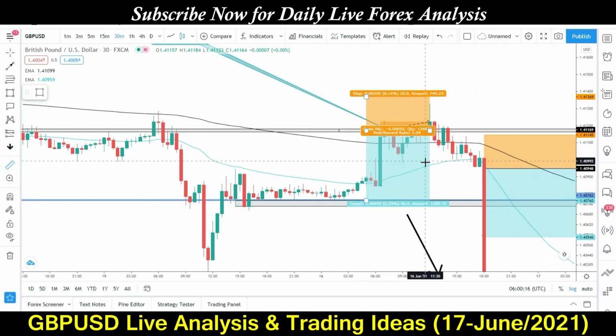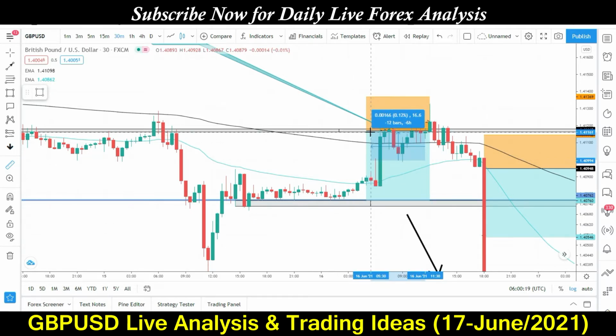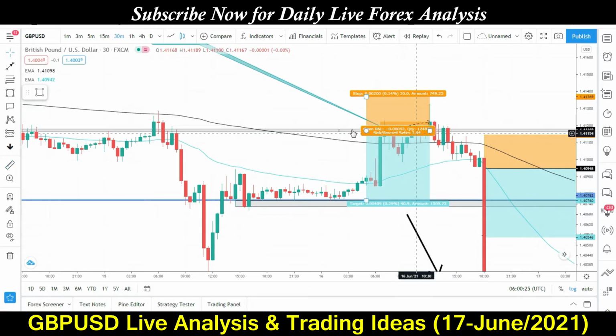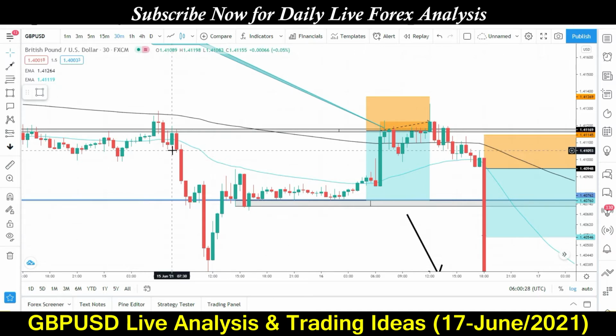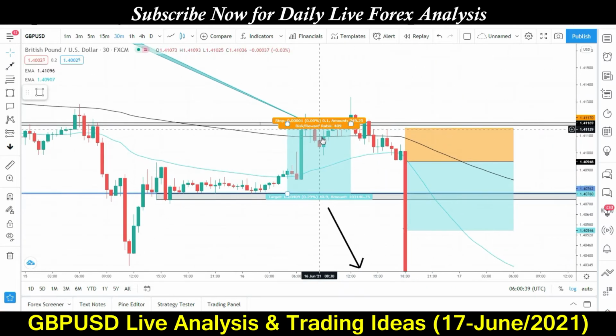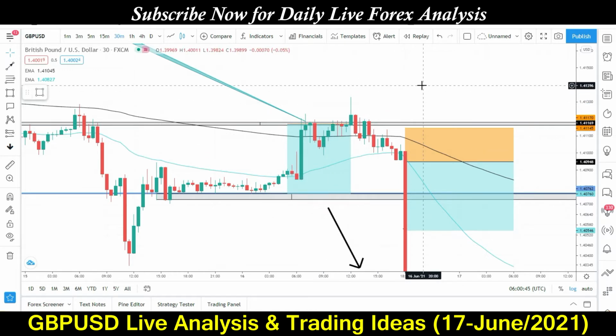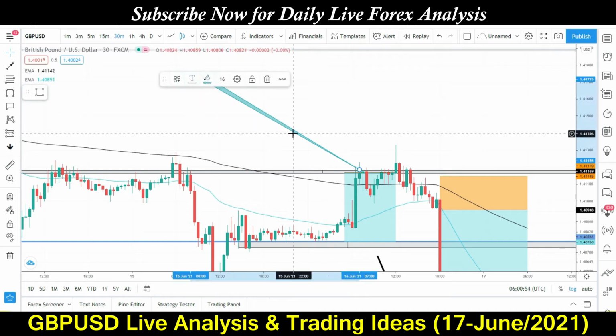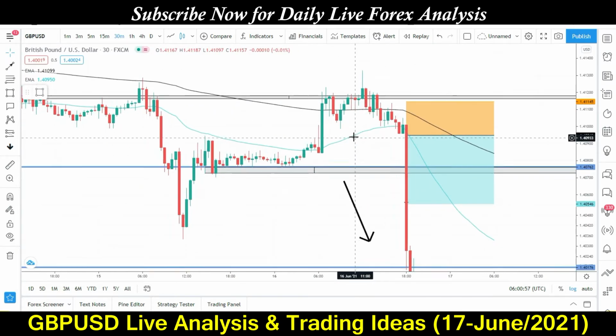Let's check here. The market came almost 17 pips in my profit, but I shifted my SL to the entry point when the market had moved almost 10 or 12 pips in profit. I shifted my SL to the entry point, but the market came a little bit more down and then moved up to hit my break even. So I didn't get any profit, and I didn't get any loss in this trade. So let's move to this area and discuss the next trade.